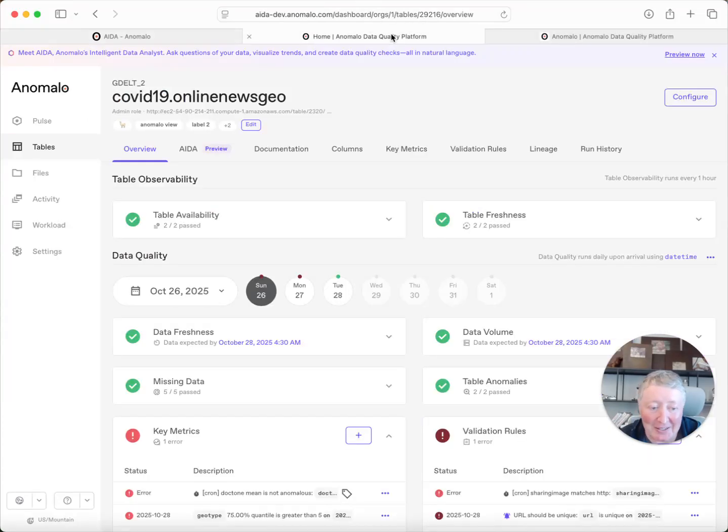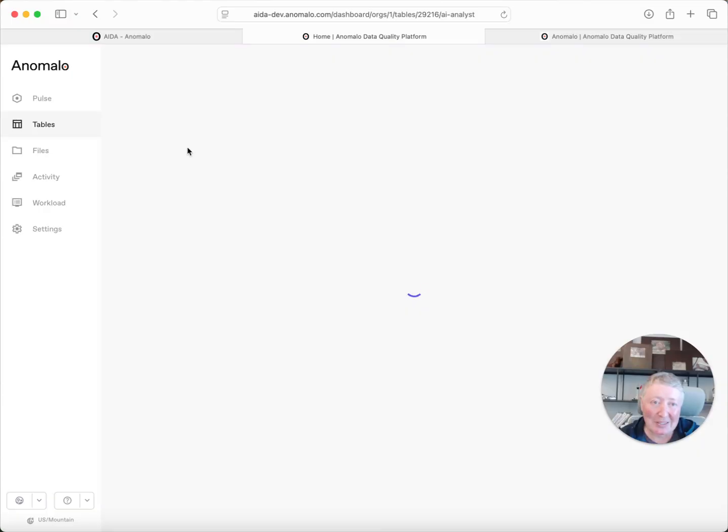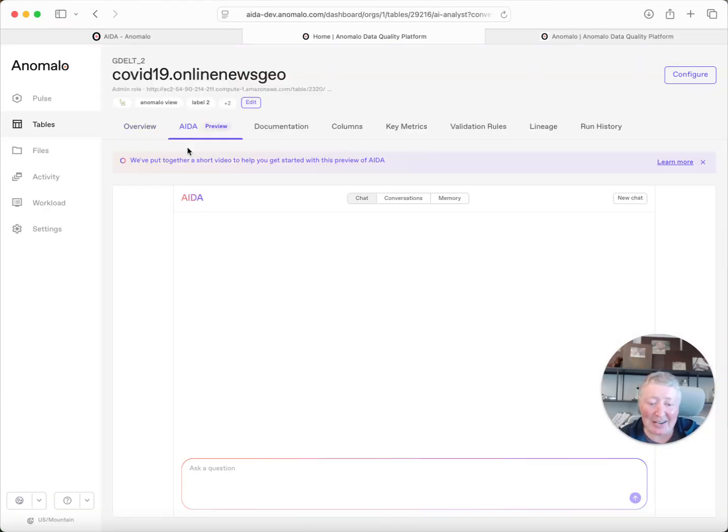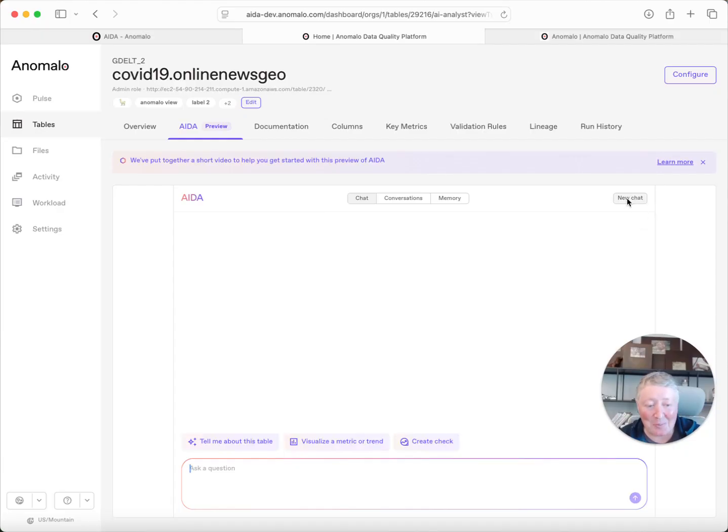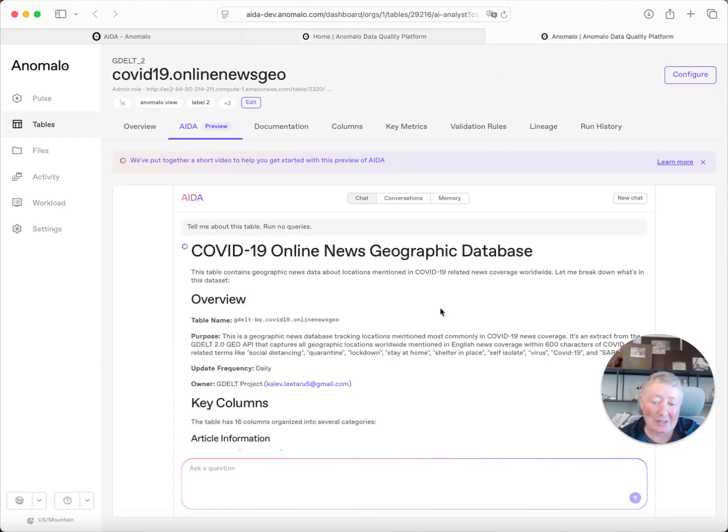To get to AIDA, you simply find any table within the Anomalo platform and click on the AIDA tab. You'll notice that AIDA gives you a standard chat experience that allows you to ask questions about your data and get answers automatically through AIDA. There are some initial prompts to start with, which gives you a sense of what AIDA can do. For example, one of the things that AIDA can do is simply tell you about the table that you're looking